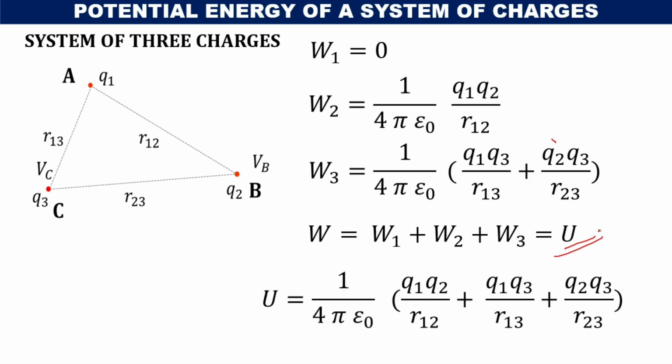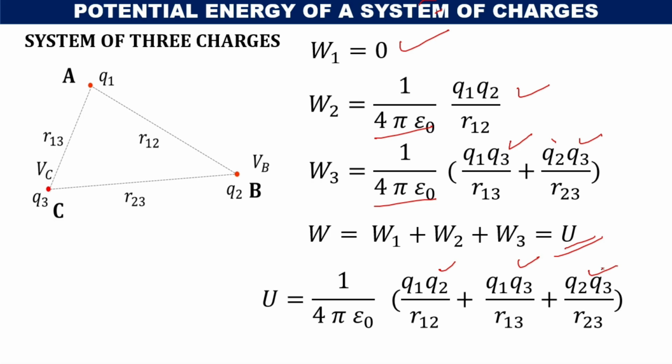Substituting, we will get the expression U is equal to, since W1 is 0, W2 and W3 both have the proportionality constant 1 by 4 pi epsilon common, which we have written outside. The remaining terms are first Q1 Q2 divided by R12, then Q1 Q3 divided by R13, and Q2 Q3 divided by R23. So this is the expression for the potential energy of system of three charges in the absence